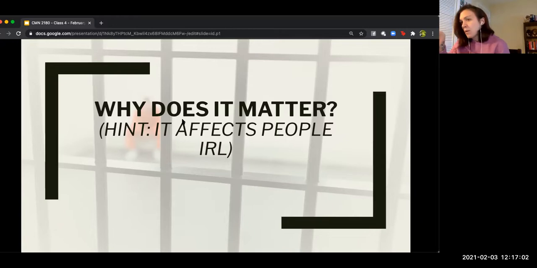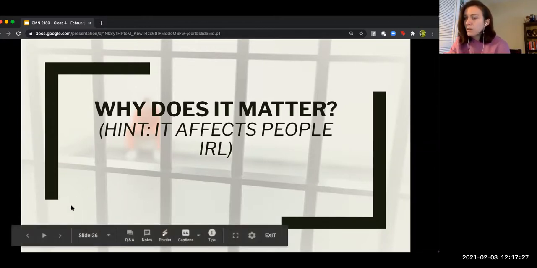And even if it doesn't impact the verdicts necessarily, it might impact how lawyers behave. So it might impact what evidence they decide to put forward, what evidence they choose to emphasize. It might impact witness testimony in terms of how lawyers prepare witnesses and those kinds of things. And all of this has the potential to affect the outcome. So that's really why it matters in this situation, and why it's important to think about the impact of television